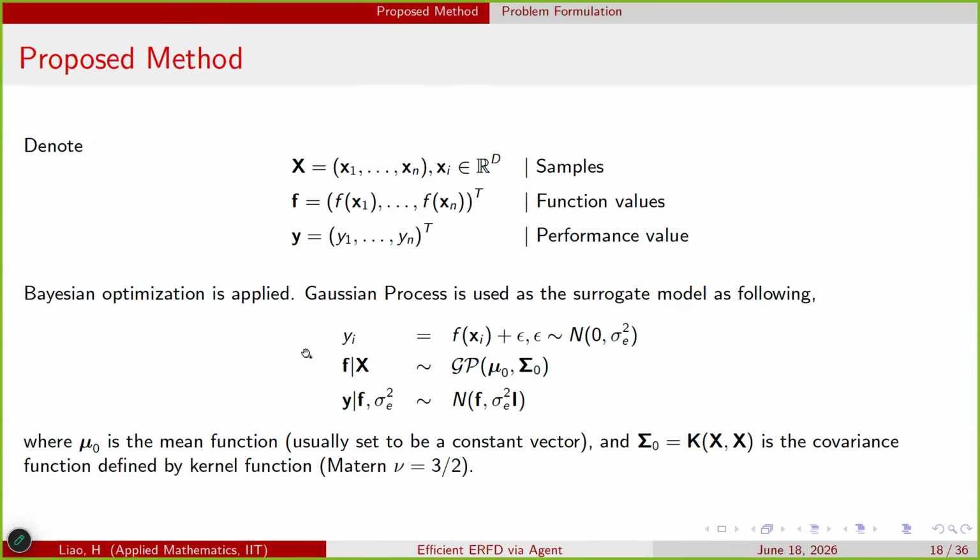And with certain mean and covariance function. And we assume this mean to be some constant like 0. And the covariance function is given by some kernel function. Pretty standard setting for the Gaussian process regression. And